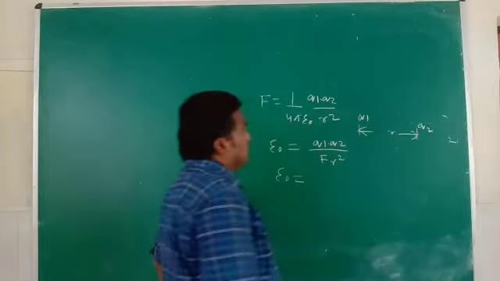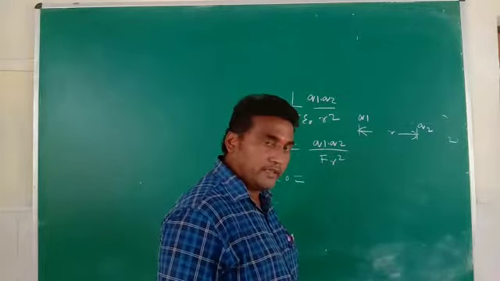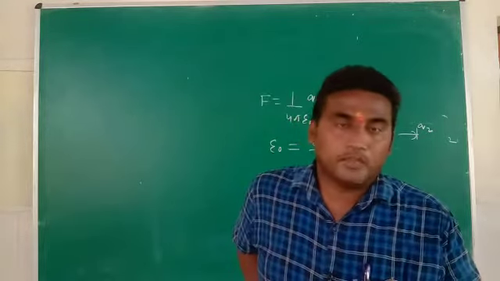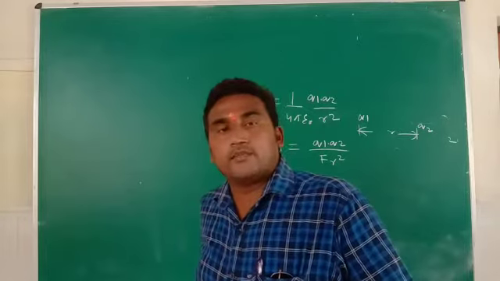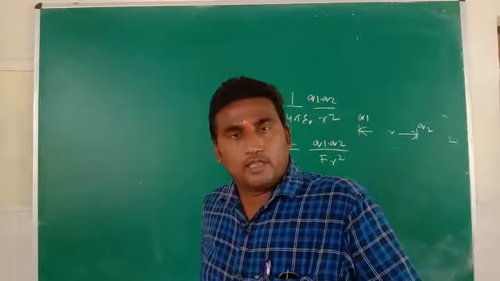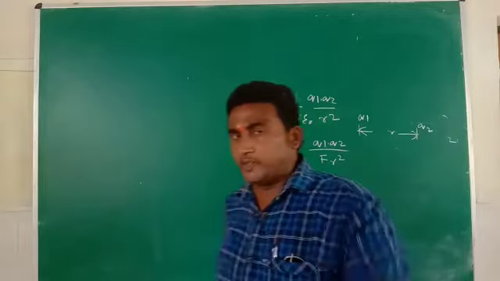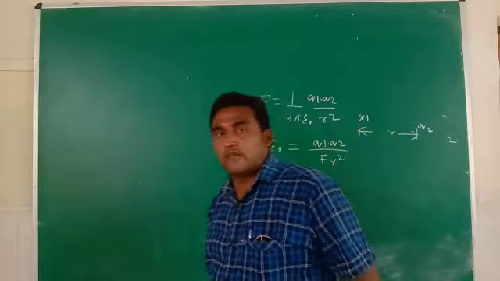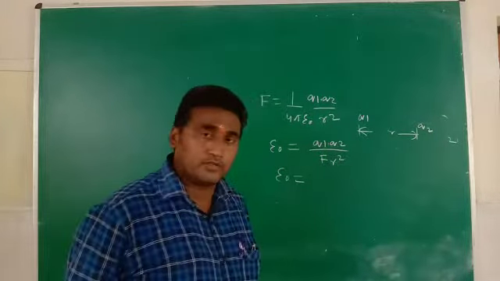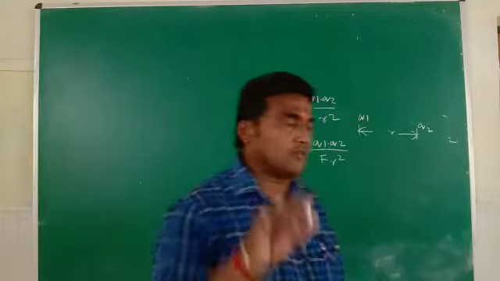When the two charges are separated by a distance small r, it is the same as Newton's gravitational law. In Newton's gravitational law, the applied gravitational force is directly proportional to the masses of the two bodies and inversely proportional to the square of the distance between them. That is a universal law, generally used for space. But in Coulomb's law, we can identify in the same way that the applied force is directly proportional to the product of the two charges and inversely proportional to the square of the distance.